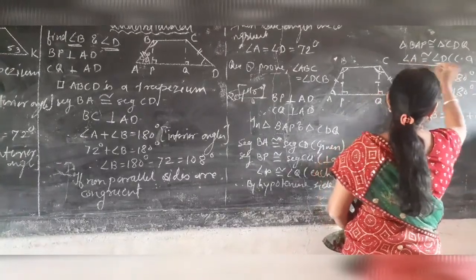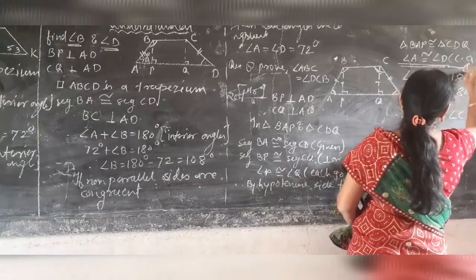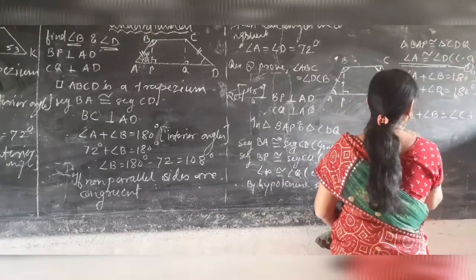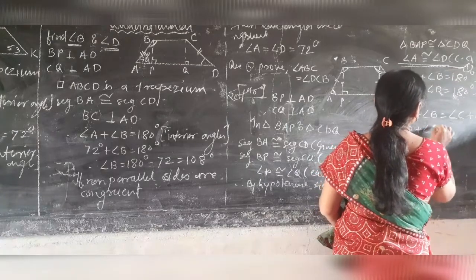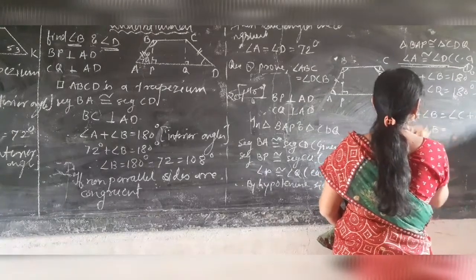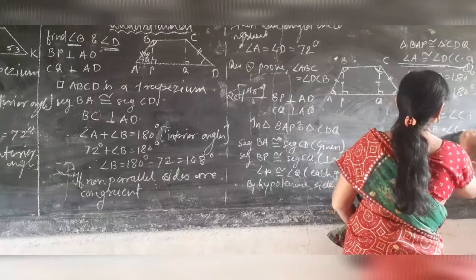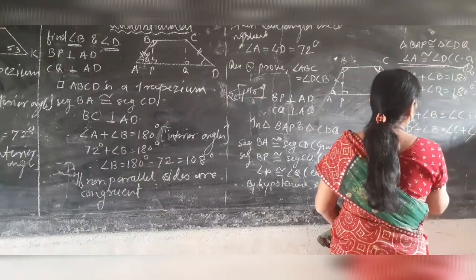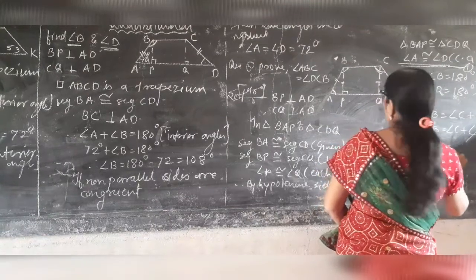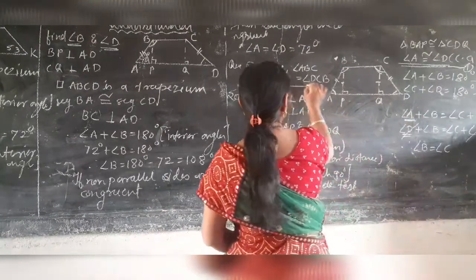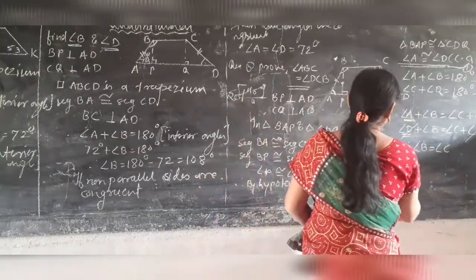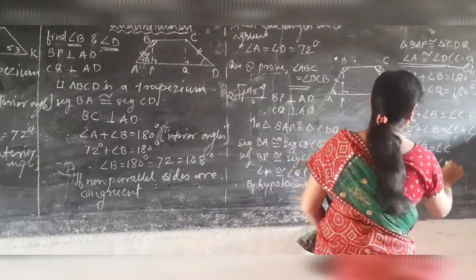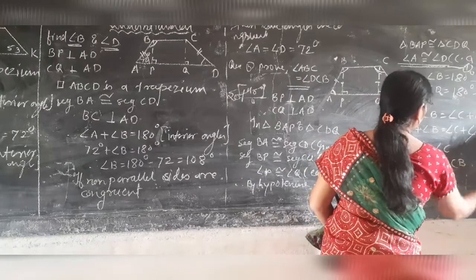But from this you can take angle A is equal to angle D. So put here angle D. For angle A you have to put what? Angle D. Angle C plus angle D. Now angle D will be cancelled. What you get? Angle B is equal to angle C. Therefore angle ABC is equal to angle BCD.